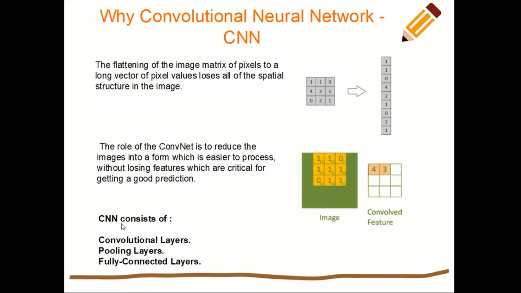So a CNN usually consists of different kinds of layers. The first layer is the convolutional layer, then there are pooling layers, and then there are fully connected layers, which are like dense layers, right? The final output of the convolutional and the pooling layers we are going to flatten, and then we are going to use the fully connected layers to get some regression or classification outputs out of it. Okay, so let's take a look at what the convolutional neural network looks like.